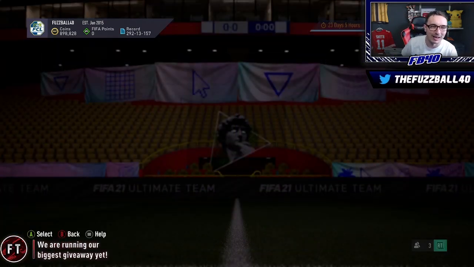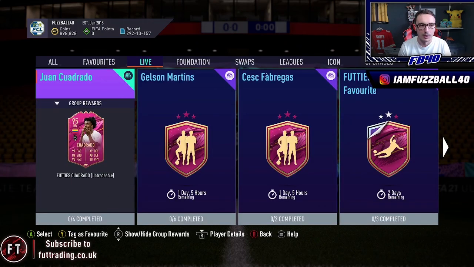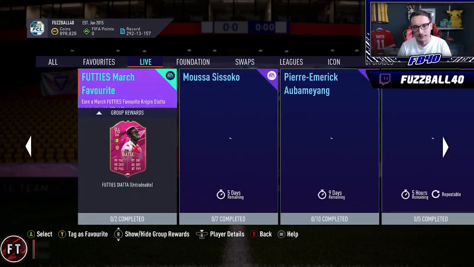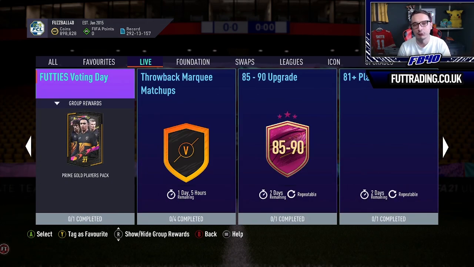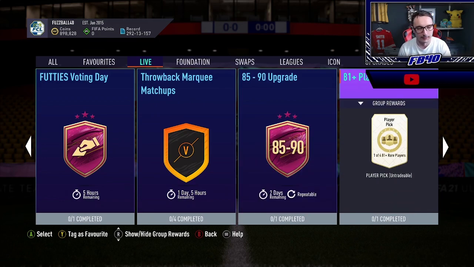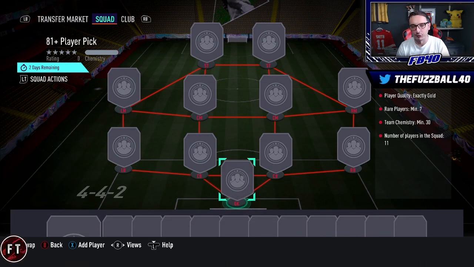The only thing you sort of tend to want to keep are going to be some of the rare players. But even the rare players, I would sell. But then the next step comes into play here. You have quite a few upgrades. Now, we're going to ignore the 87 plus times 10. I brought the video out on how to grind that. What we're really interested in here is the 81 plus player pick, because this SBC requires 30 chemistry, 7 rares,